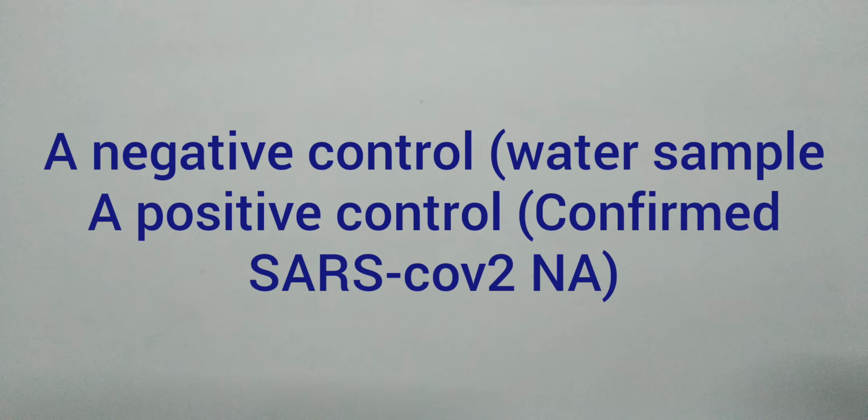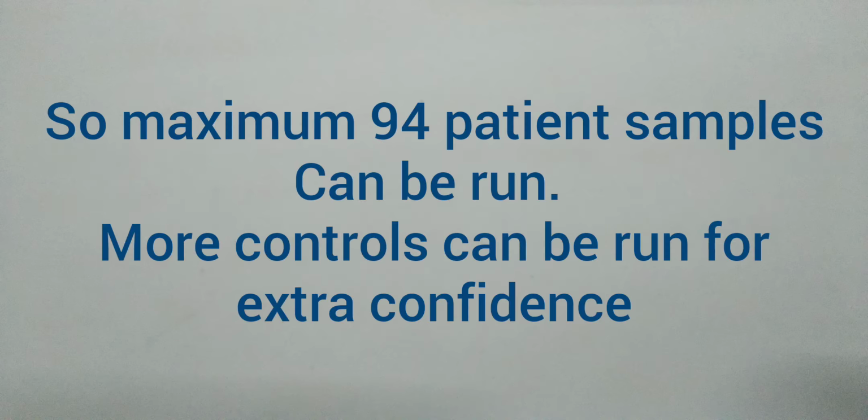That is just a water sample, but it will be processed with the other samples, and another well will contain a positive control, in which a confirmed SARS coronavirus 2 nucleic acid will be present. That is a positive control. So 2 wells are used for controls, and the remaining 94 wells can be used for 94 patient samples